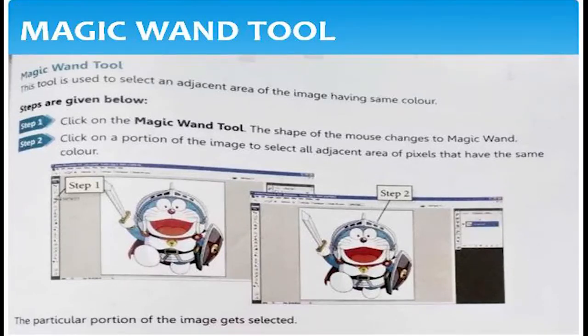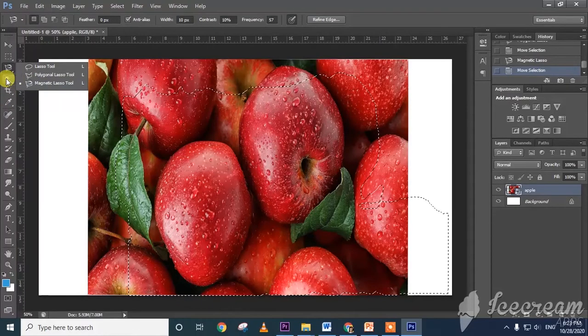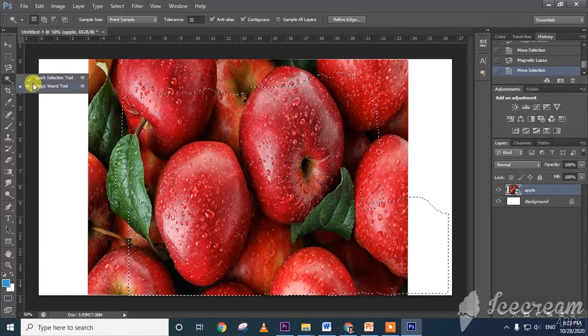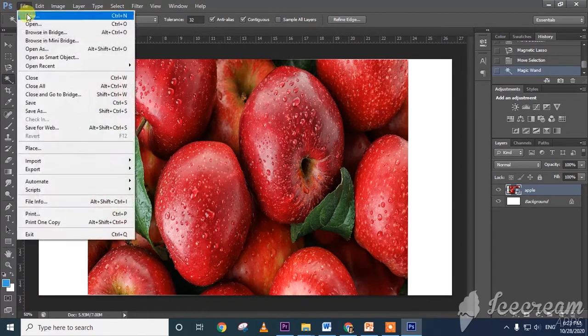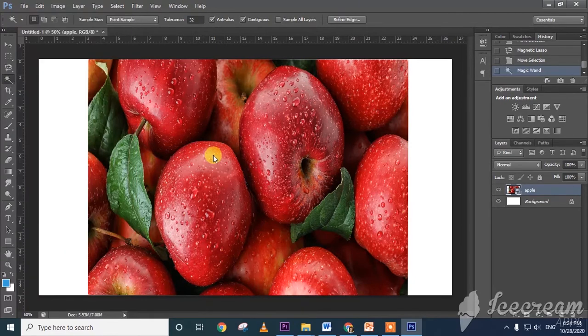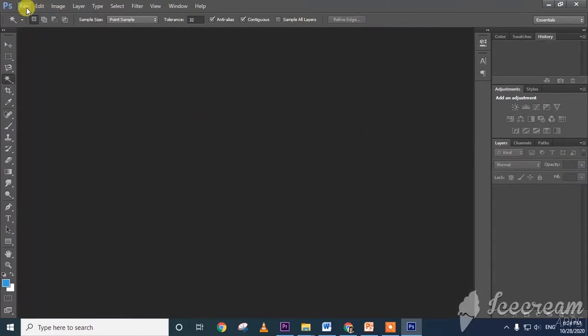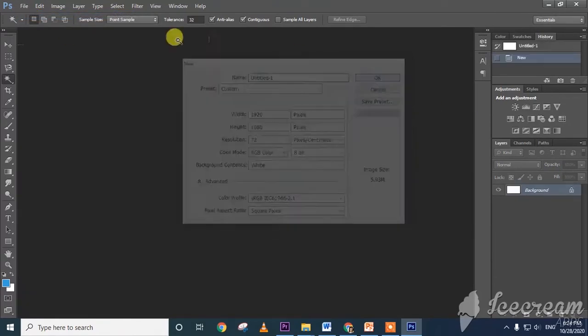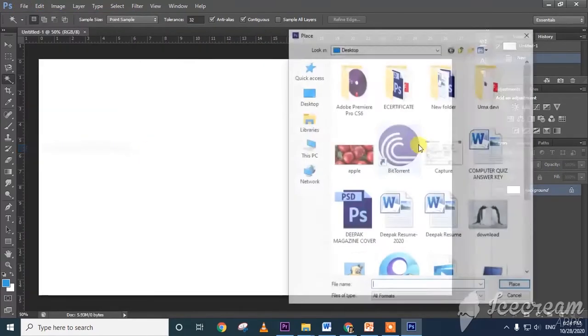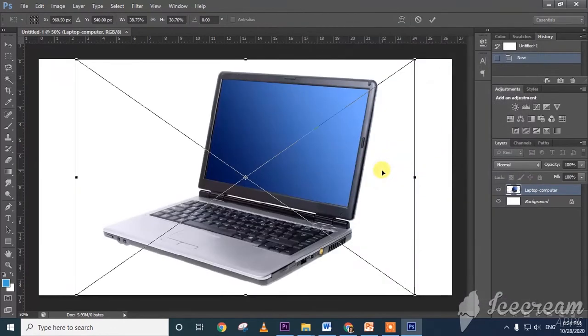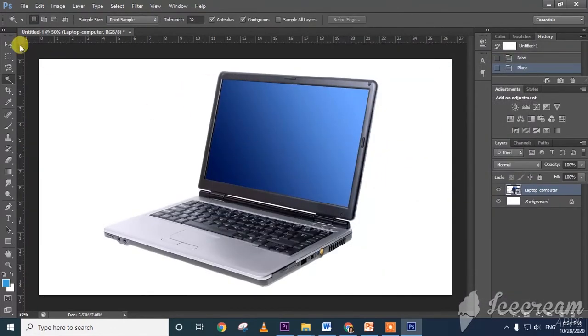Let us have a look at a small video on how to use the magic wand tool. Our next one is the magic wand tool. For example, I am opening another image. I don't want this image. Now what I will do, I will click on new, place. I am going to place a laptop, press enter key. See, the magic wand tool, what it will do, if I click this part, that particular part will be selected.